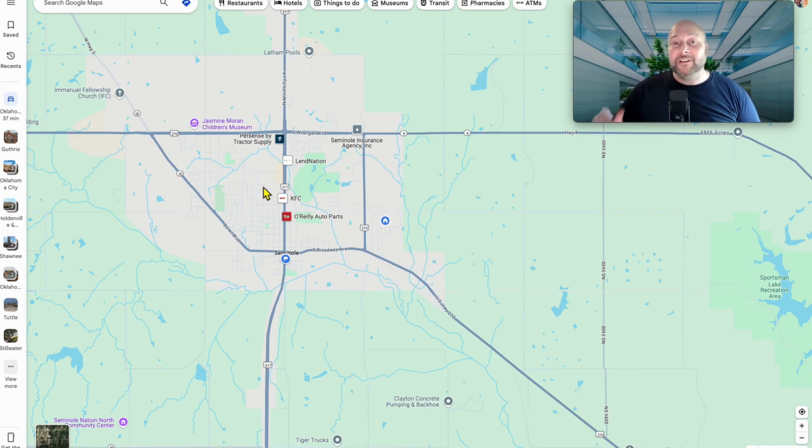And guys, you can get a 5-bed in Seminole, Oklahoma. 1, 2, 3, 4, 5. Yeah, you can get a 5-bed in Seminole, Oklahoma, guys, for only $245,000 on over a third of an acre lot, and you could buy brand new 3-2 houses in Seminole, Oklahoma at the time of this video for roughly